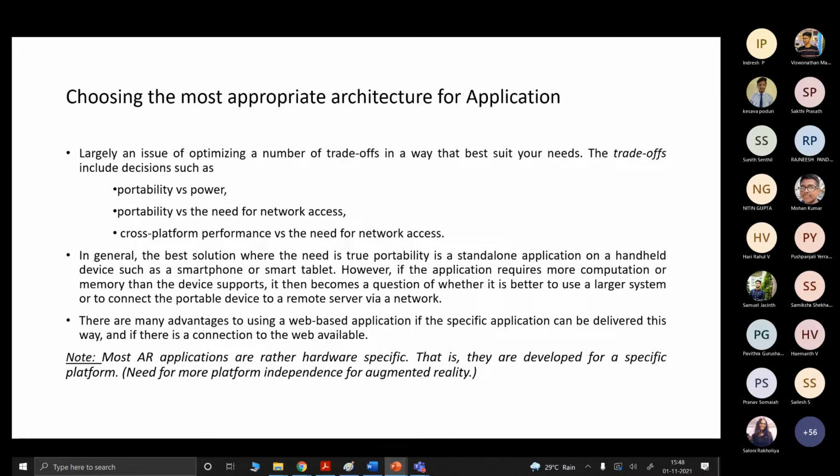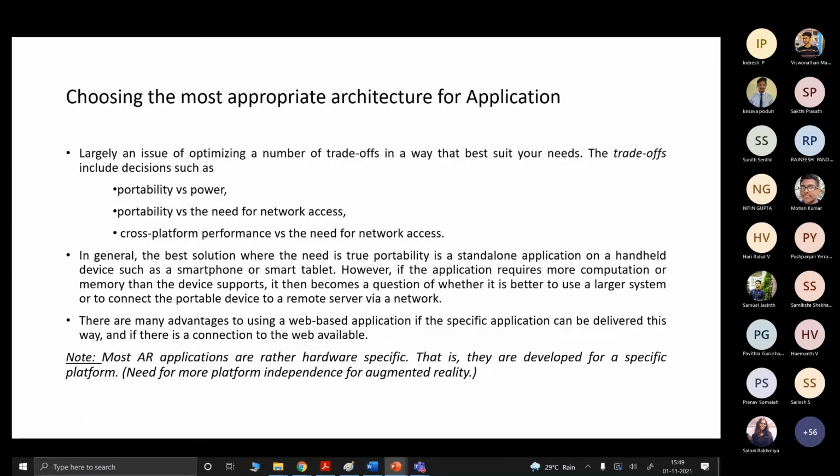And there is another advantage: we can use web-based applications. If a specific application can be delivered this way, then we can go for a web-based application also. And there is a note you should understand here. Most AR applications are rather hardware specific, and sometimes platform dependent.